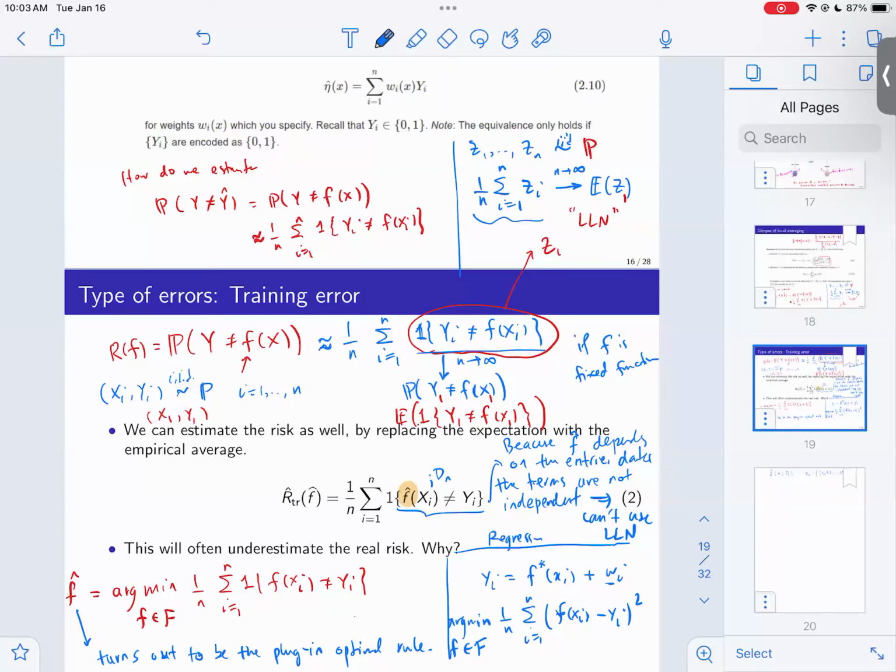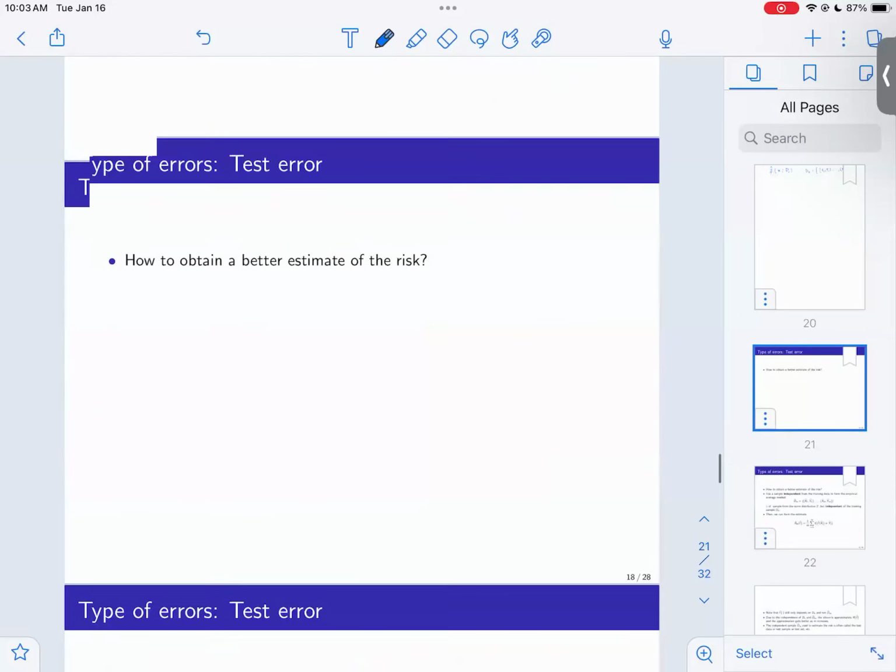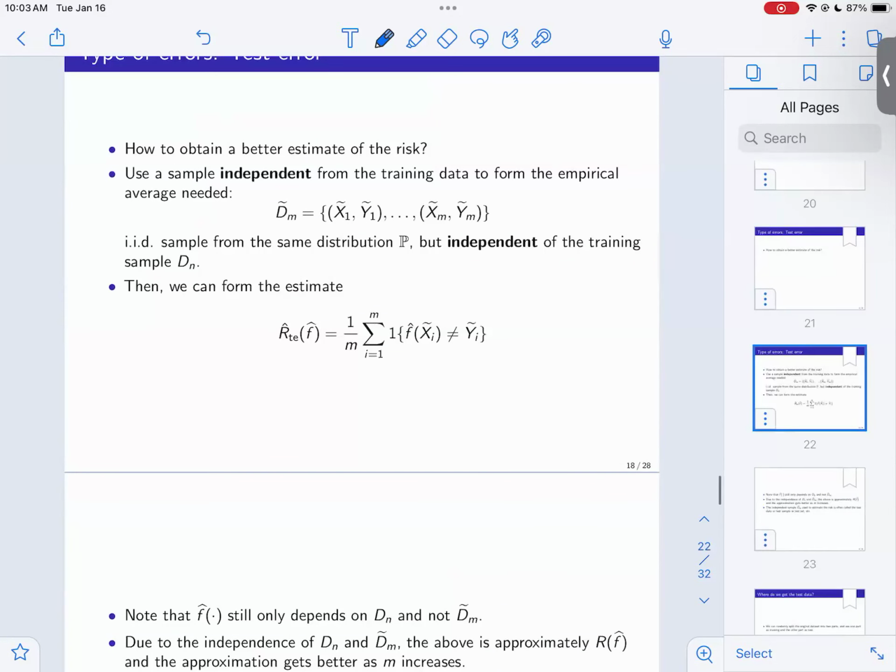And assuming those are IID, those are going to be independent from f hat. Once I use that, I condition on the training data. By conditioning on the training data, this f hat is fixed. Now the randomness is in the unseen sample and those are independent. Conditional on training data, I have the IID nature. So I would gather another sample, with a tilde, of size M. These are different from the training data, which was without the tilde and had N of them.